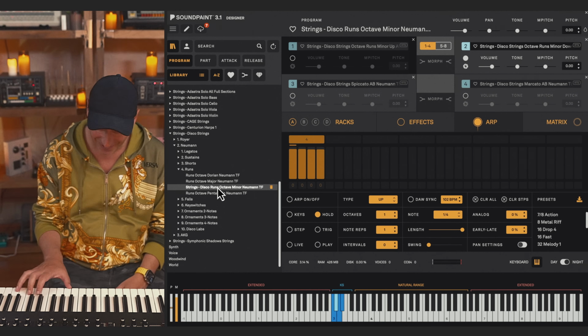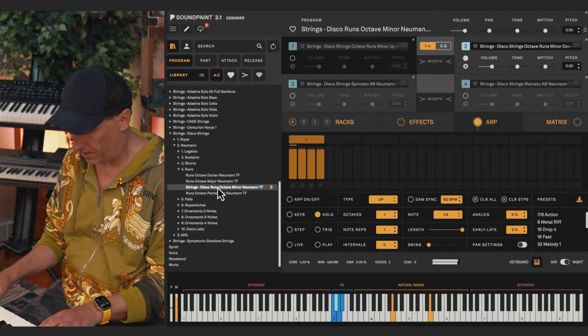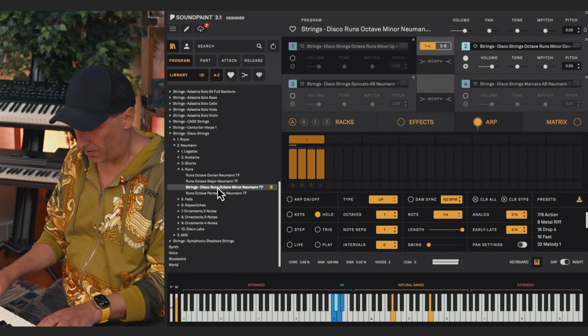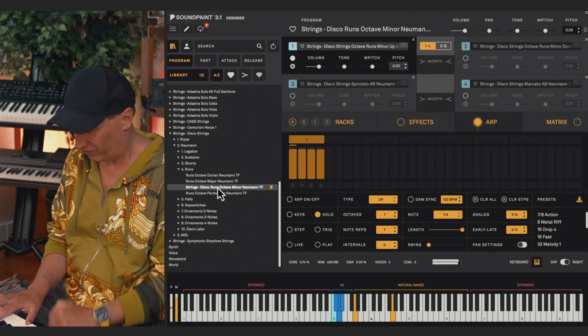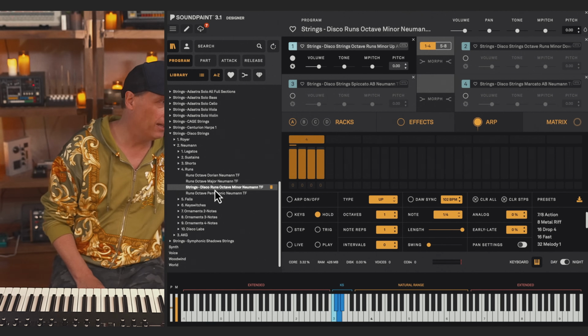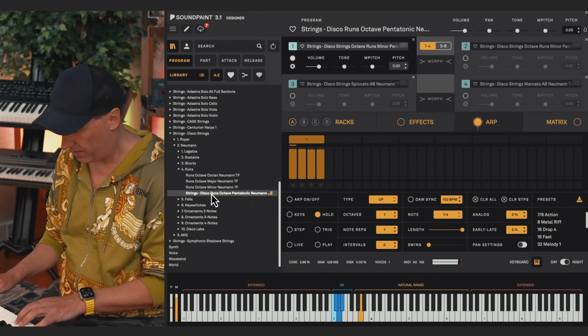Power, power, power. The pentatonic is also cool. It's a different scale. It has fewer notes in the scale, but it's really great for disco as well.